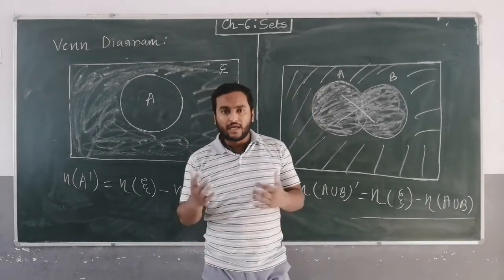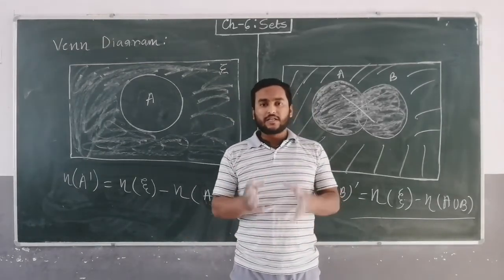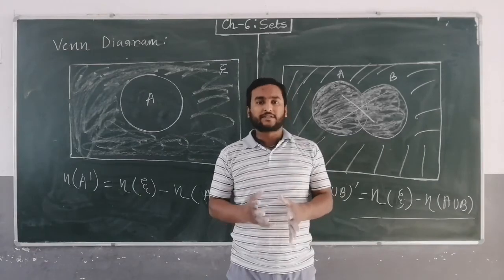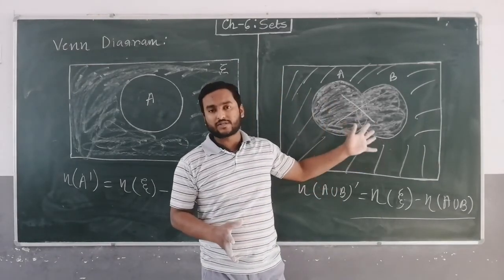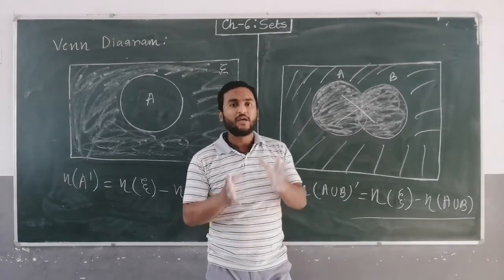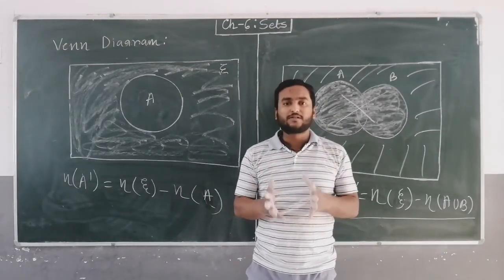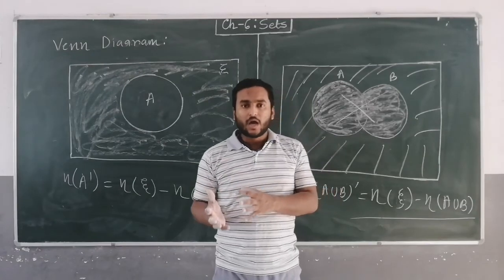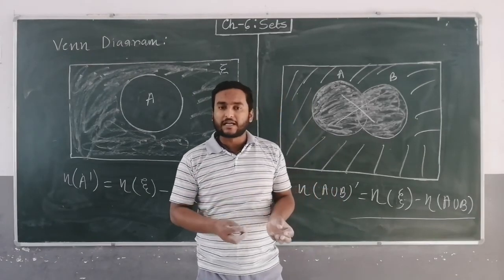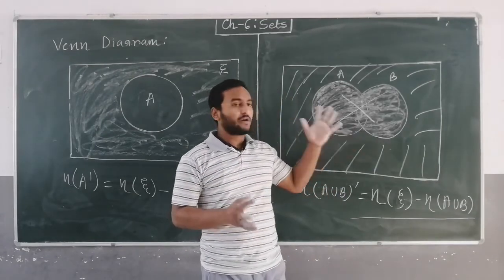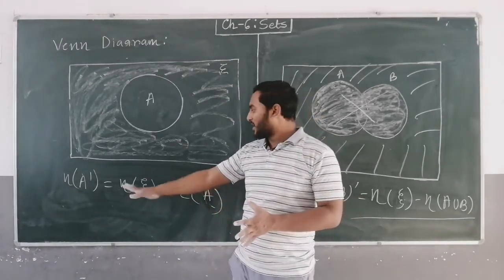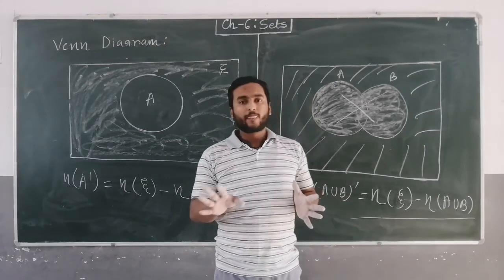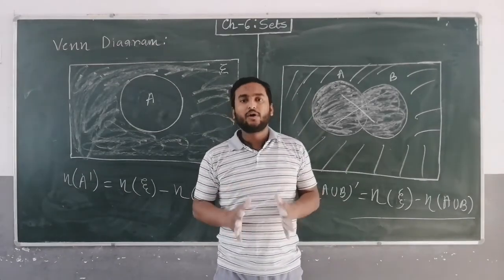to solve the problems in the next knowledge check, that is knowledge check 6.2, that will be started in the next class. Till then, read the book very carefully and try to understand the Venn diagram, what is a Venn diagram, and how to represent the sets through Venn diagram, and how to show the operations through the Venn diagram, for 2 sets, for 3 sets, and the cardinal number of sets and the relation of cardinality among the sets, that you have to understand.